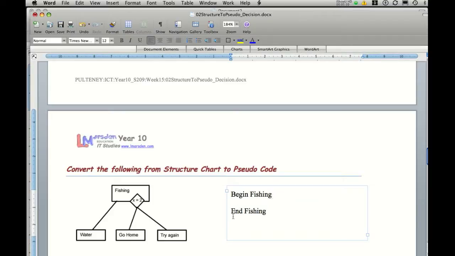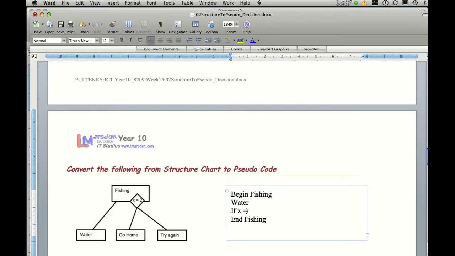Now, in here, the very first function call made is water. Because there's no condition about the water, it's just a straight function call, like a sequenced one. Now, as we move across, we'd go down, do the function water, come back up to fishing. As we go across, we now have a decision, x equals 2. Because it has a diamond and it's x equals 2, it's an if statement. So we can actually say if